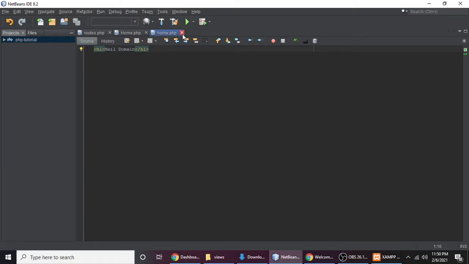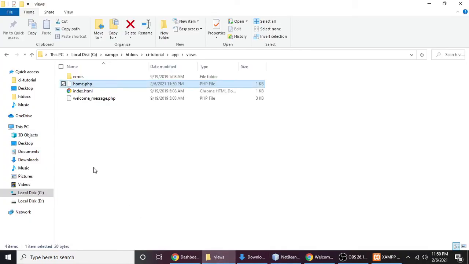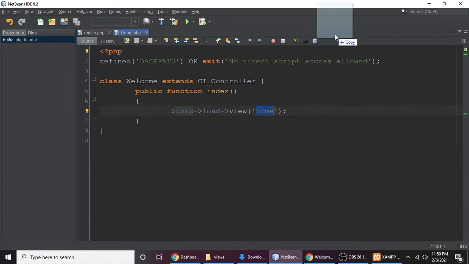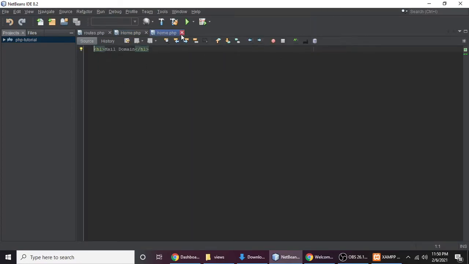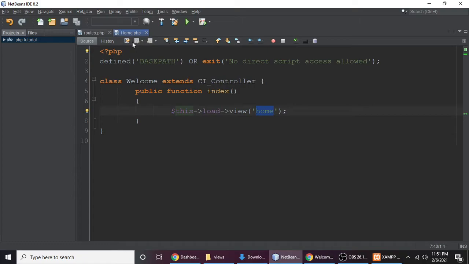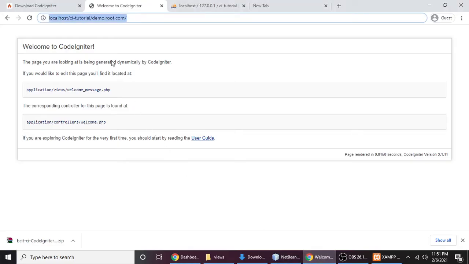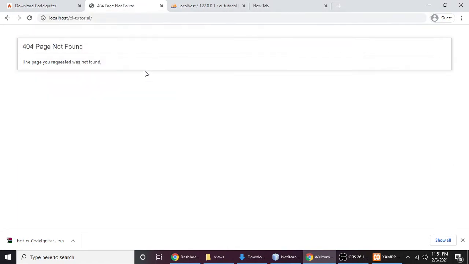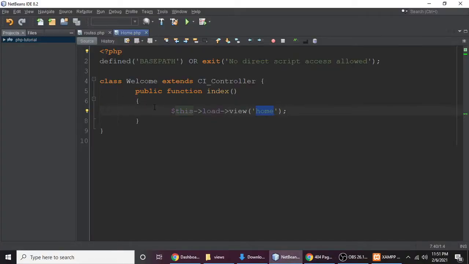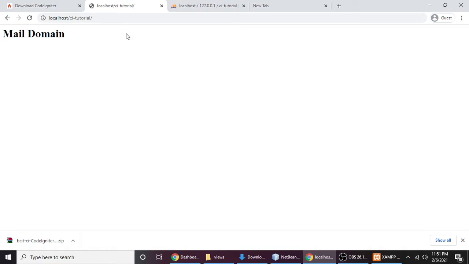and let's close it here. What's happening? Yeah, it's okay. Let's drag it here and drop it here. Let me check. Yeah, it's perfect. And the same thing we can also change when you refresh. Let me refresh this page. This is for the first domain, so it's showing an error message, the page request is not found. Okay, so let me check. Yeah, you need to put it home. This is a home controller, and refresh, so you can see this is the main domain,